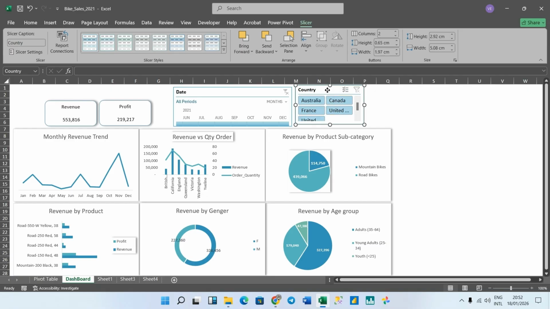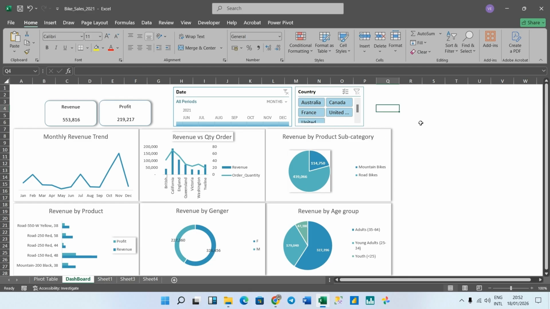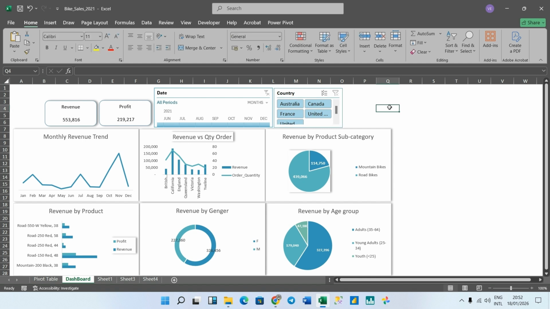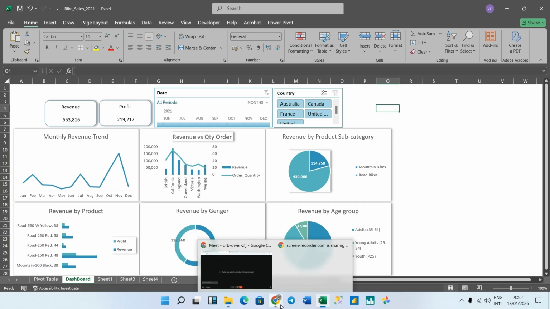Though this dashboard is not to the standard we want to build anyways, but at least this gives us an understanding of what we are trying to do, or what a dashboard is. But for want of time, we are unable to build it the way a standard dashboard should look like. So this is just an insight. If you actually understand what we did here, you should be able to build a better dashboard. So please let me know if you have any questions so that we call it a day, because meeting time is actually